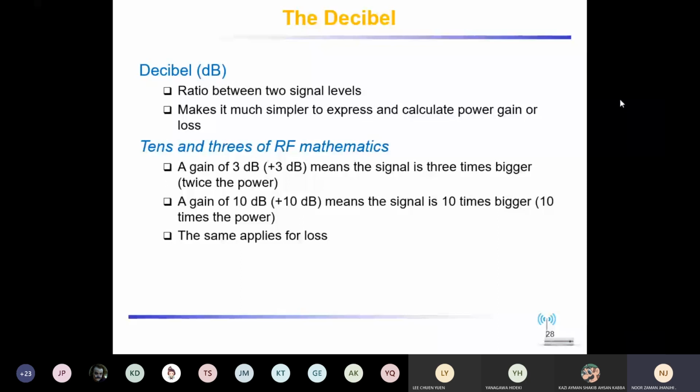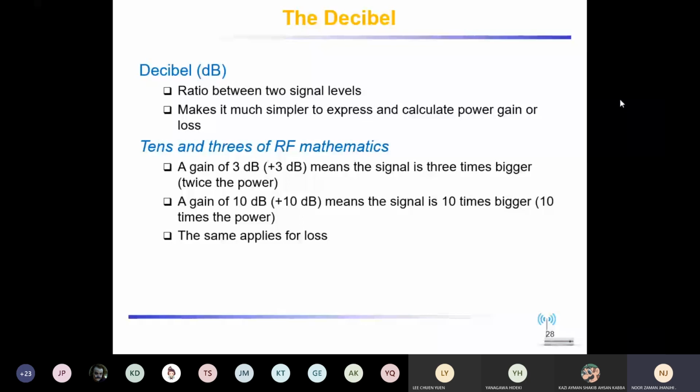For example, the first point is saying a gain of 3 dB. Plus 3 dB means that the signal is 3 times more powerful. What does it mean? It means that if suppose we send a signal and we are saying that we are receiving a 3 dB gain, it means not 3 plus 3 is 6, but 3 times the original one. The original was 3, so 3 multiplied by 3 is 9, that we are receiving in 9. So now 3 times more we are receiving. That will be known as the 3 dB.